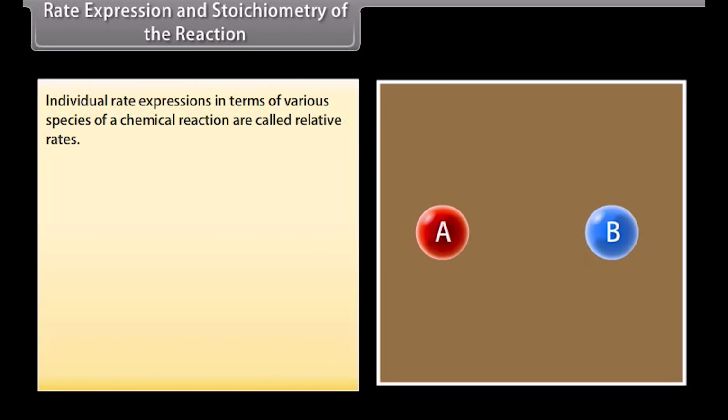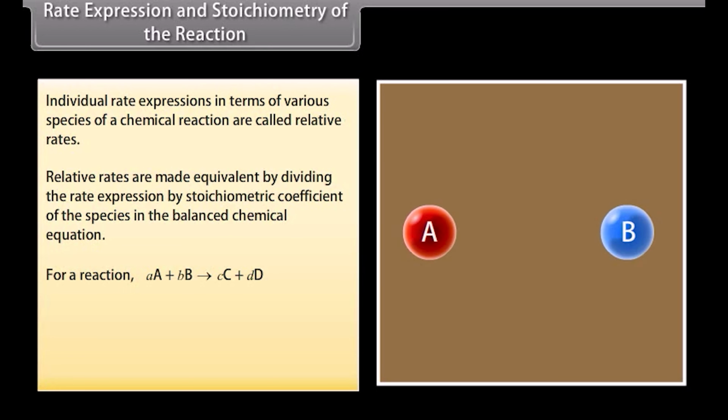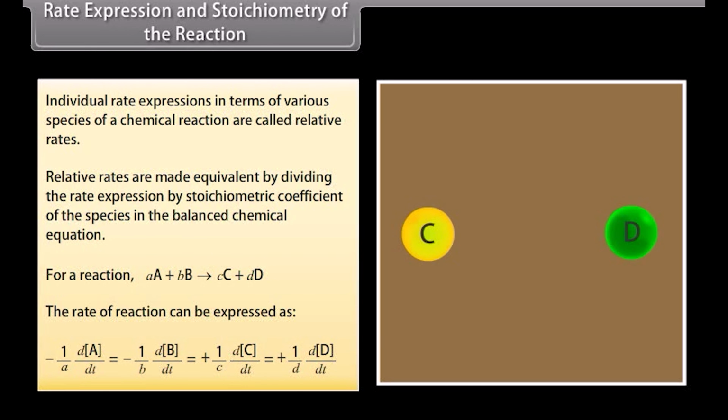Rate expression and stoichiometry of the reaction. Individual rate expressions in terms of various species of a chemical reaction are called relative rates. Relative rates are made equivalent by dividing the rate expression by the stoichiometric coefficient of the species in the balanced chemical equation. For a reaction, small a, capital A, plus small b, capital B makes small c, capital C plus small d, capital D, the rate of a reaction can be expressed as